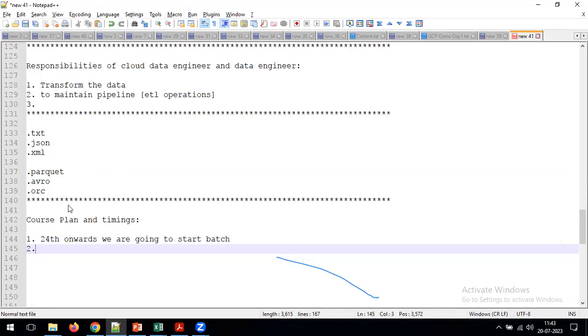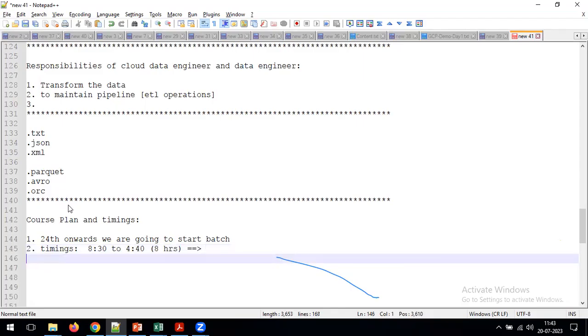From the 24th onwards we start the batch, and the timings are 8:30 to 4:30, which is around an 8-hour session. Immediately people get confused: sir, how can we bear 8 hours? Continuously for 8 hours, we are not going to discuss topics.